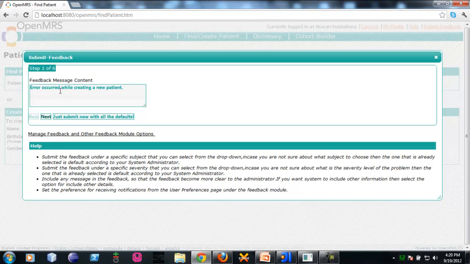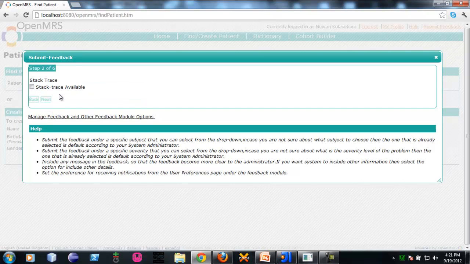After that, you will notice there are two buttons here. If you click this button, the feedback ticket will just be submitted with all the defaults. So in one single click, you are done. That's the quick way. If you want to proceed with the lengthy feedback wizard,